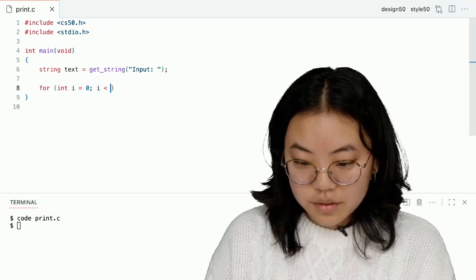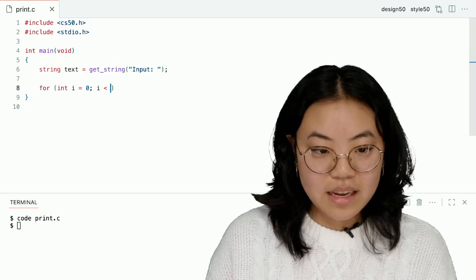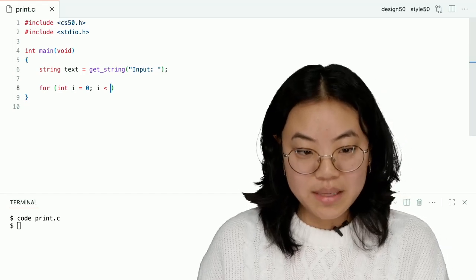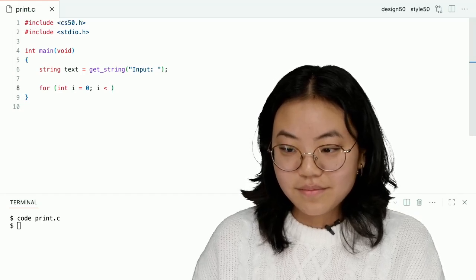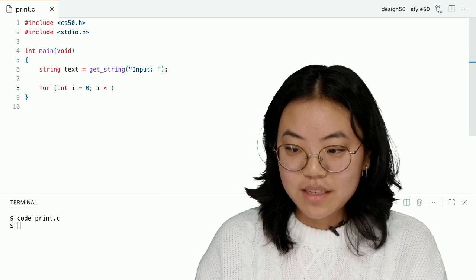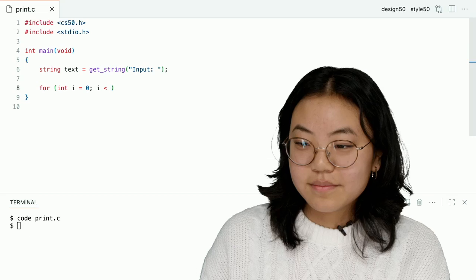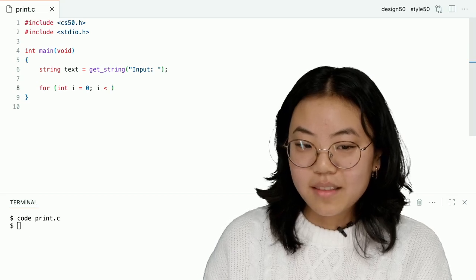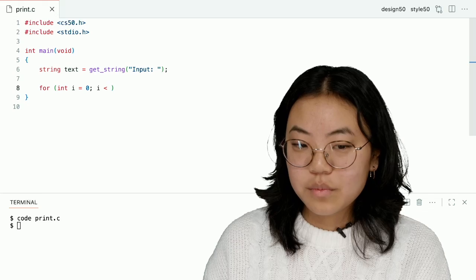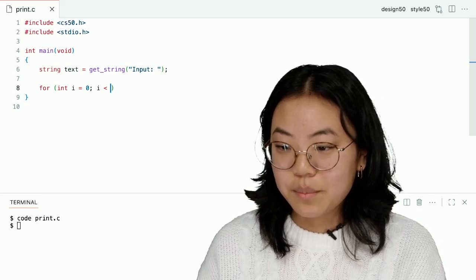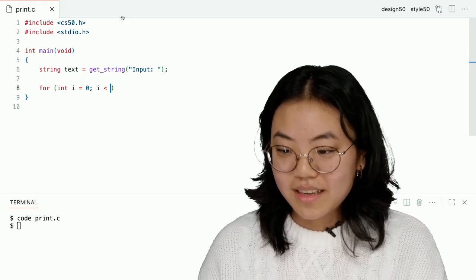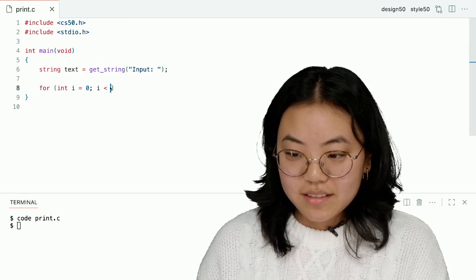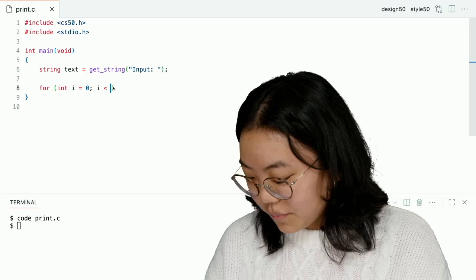And then what is this for loop? How many times is it going to repeat? Depends on the user's input, right? So how do I get the length of the string that the user is going to input? strlen, yes. Okay, great. So I can use